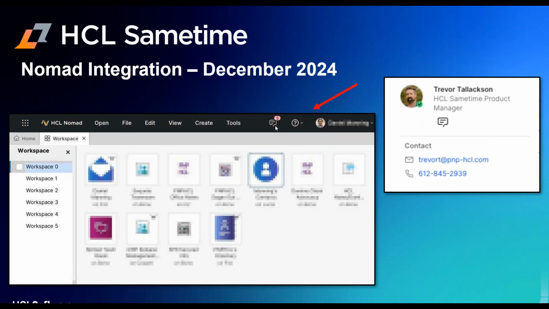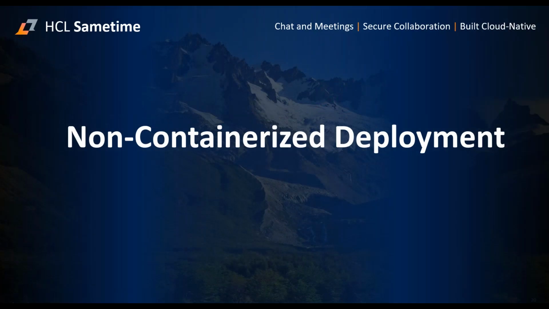So this is kind of phase one of supporting Sametime integration with Nomad, which is coming in December. And I expect them to share information on that in their own release, but because it involves Sametime, I'm promoting it here. So with that, Tony, I'm gonna, not quite yet, I'm gonna speak to a couple slides,